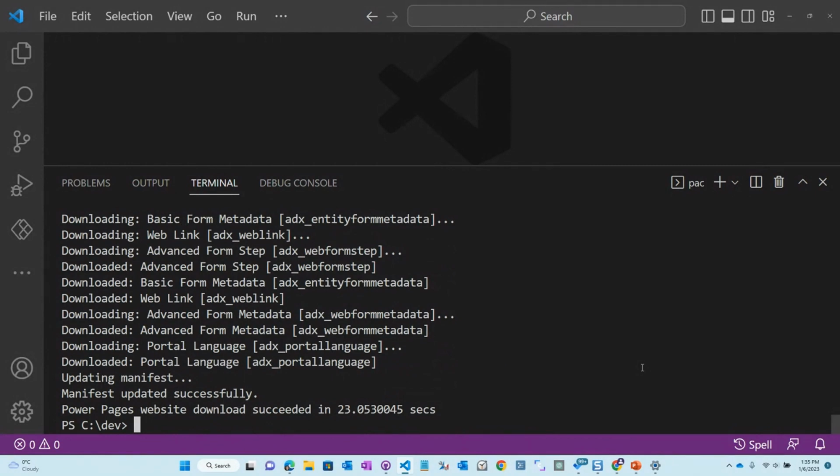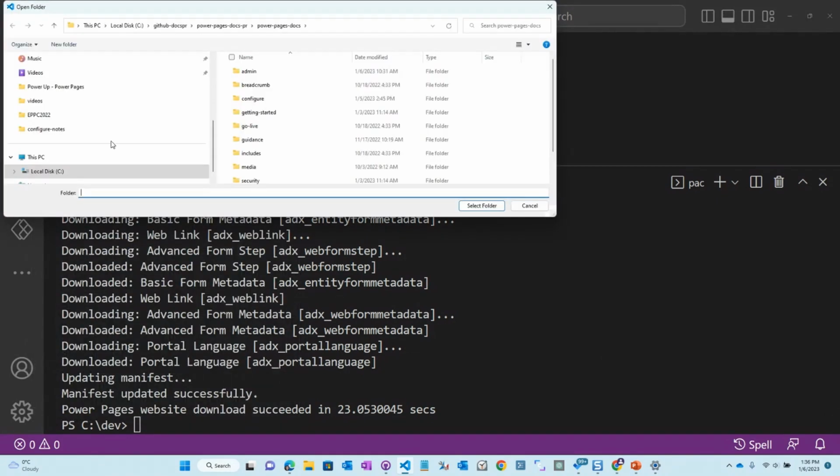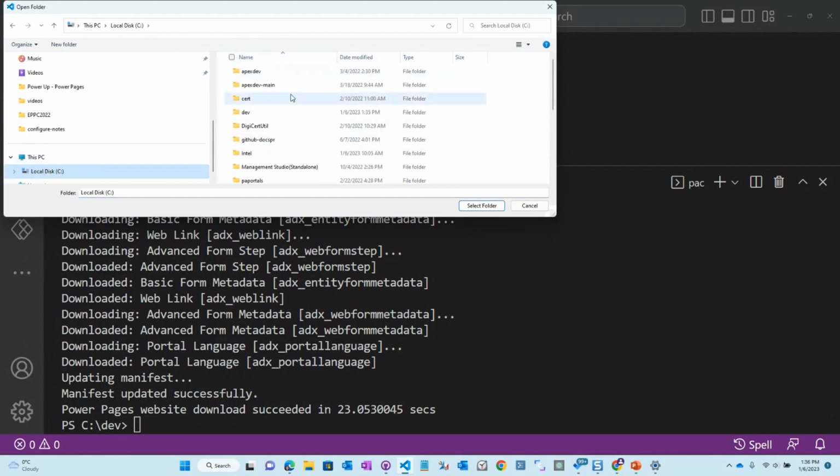So I've downloaded all this stuff. That's great. I have all this metadata. So what do we do now? Again, like we said, we could have our source control grab this and throw this into source control, or we can, of course, automate all of this. But the cool thing is now that I've downloaded that, I can go in and open the folder, and I'm going to go to my C drive, dev,